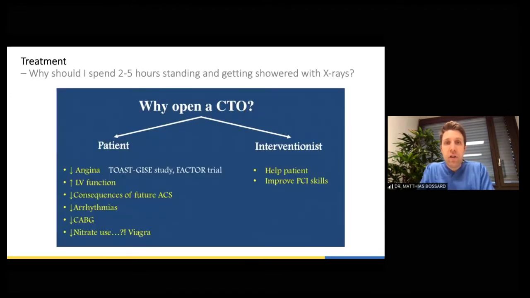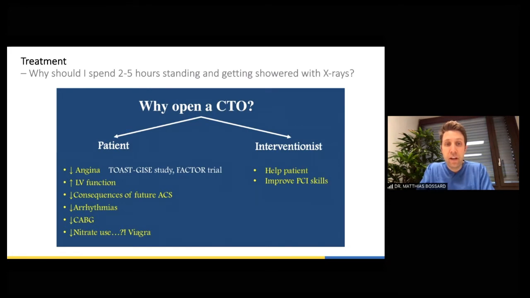The question is actually, why should we treat the CTO? As we know, there is conflicting data, and there has just recently been a trial called ISCHEMIA, which brought some discourse to the whole topic. But the reality is that many patients suffer despite optimal medical treatment, and CTO PCI has been proven to be effective for symptom management. It also has been proven to improve LV function,